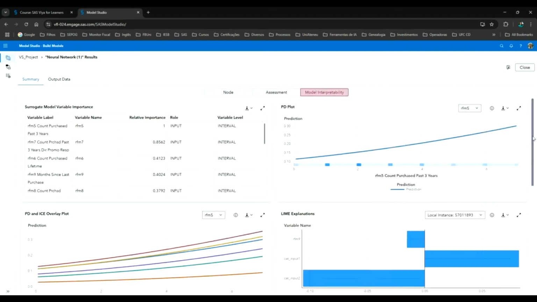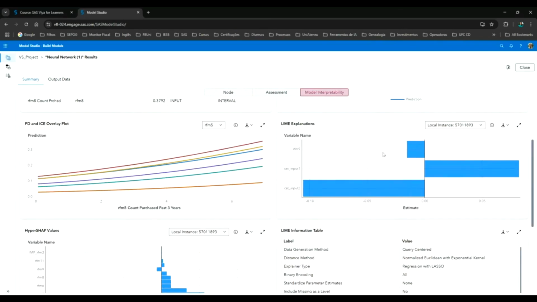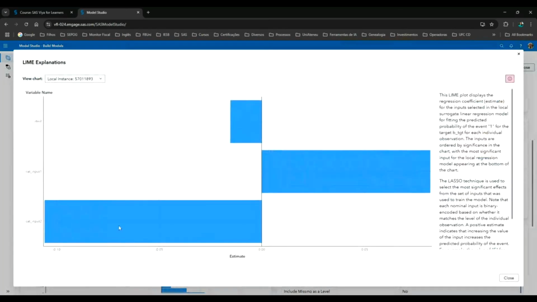We have here the LIME coefficients. Look, these coefficients. Just these three variables are making part of the linear regression model around this instance.